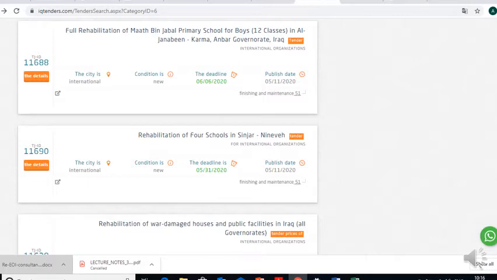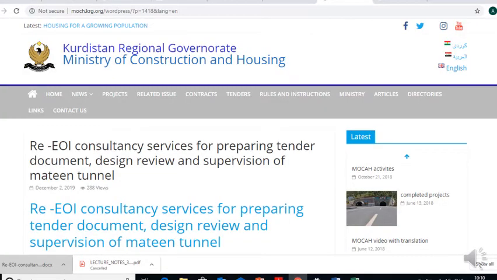So there's one example of where you can find examples of tender invitations and tender documents. That's at iqtenders.com. This is another one. This is for the Kurdistan Regional Governorate's Ministry of Construction and Housing. If you look at the title there,